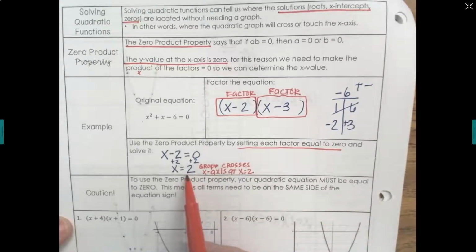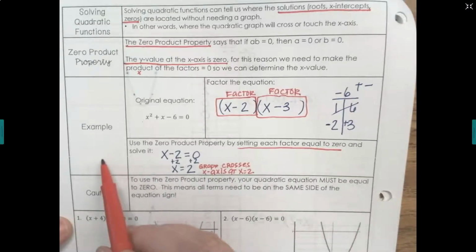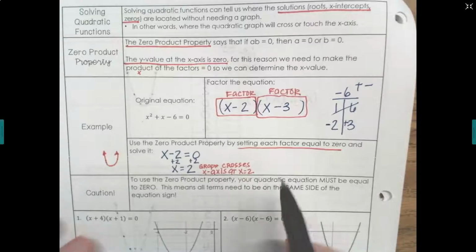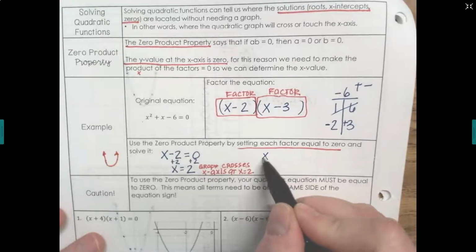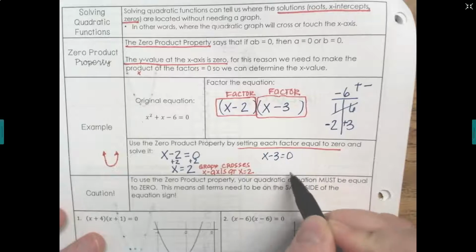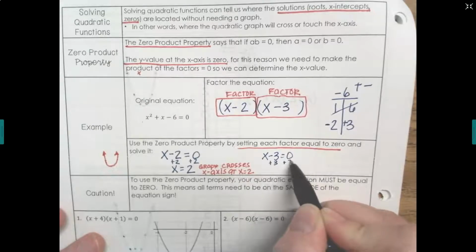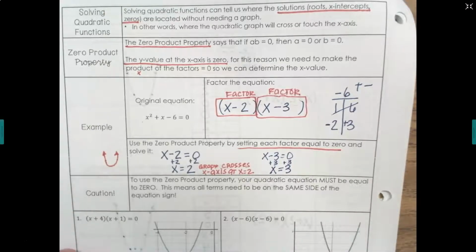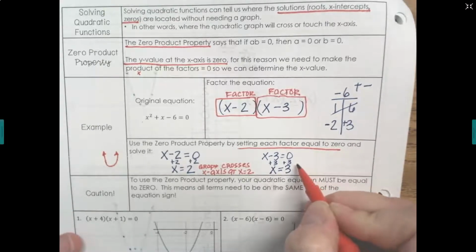Okay, so without even being able to see a graph, I can tell you with this equation, the graph is going to cross the x-axis at 2. Now remember, those quadratics are U-shaped. They're parabolas. They have 2 arms, so it can cross the x-axis up to 2 times. So let's take a look. Take your other factor, x minus 3 equals 0, and we're going to solve it, and we get x equals 3. So that means the other arm of the parabola